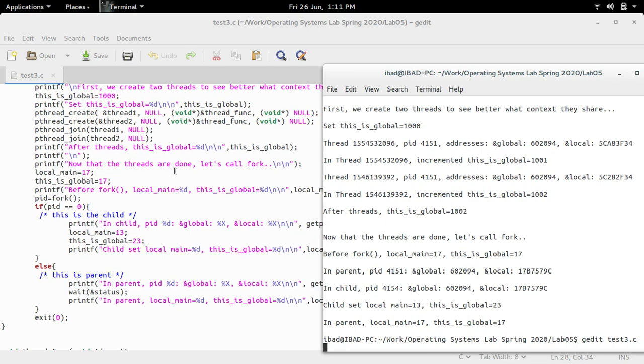Now that the threads are done, let's call the fork. Before fork, local main is 17 and global is also 17. Before fork, both are 17. Now once the child process has been created, let's see which one is executed first, the child or the parent. Okay, so the parent executed first, so the parent ID is 4151, the addresses of global and local are these, and then the child is executed and the child says this is my ID, these are the